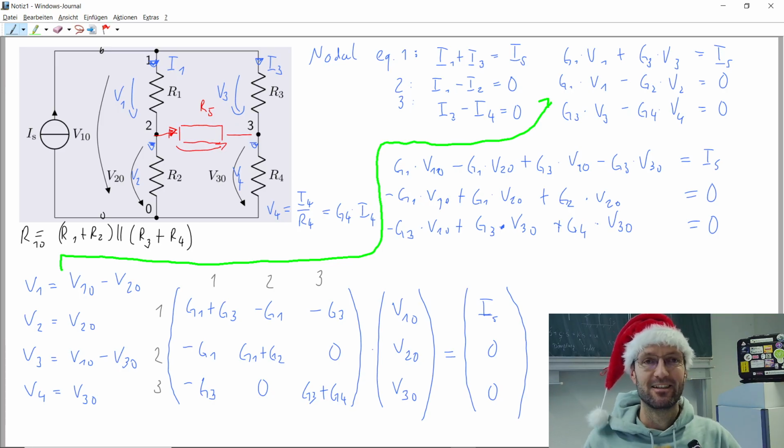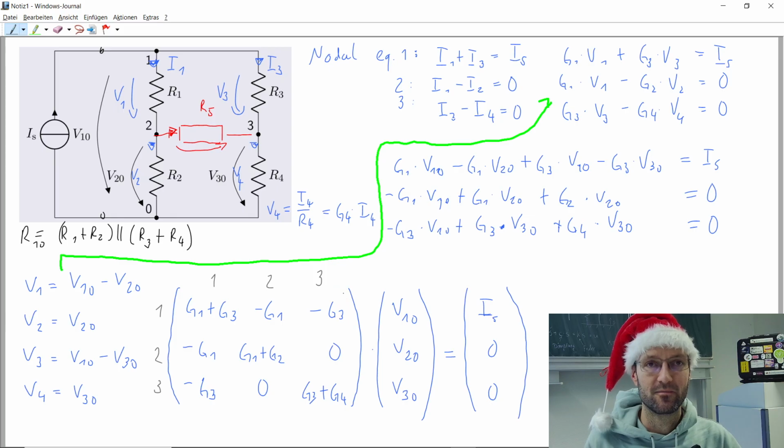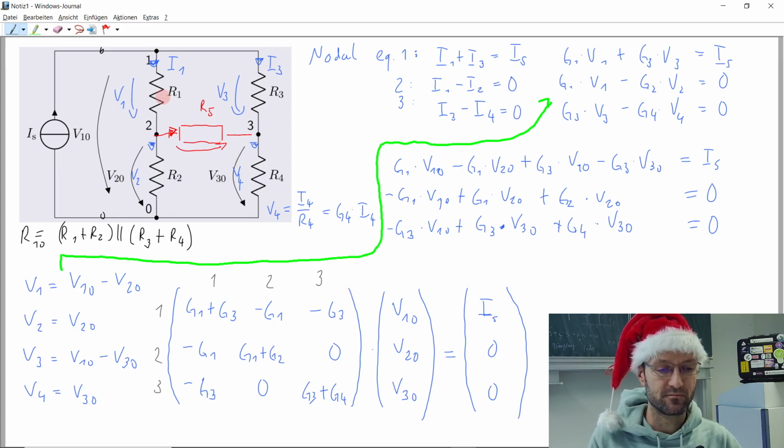For which one? For the off diagonal elements, for this one here or for this one? Why do we have a 0 here? Why do we have minus G1 here, minus G3 there? So if we look at the matrix at the spot 2, 1, it's at node 2 and the resistance of the resistor. Exactly. Between node 1 and 2 we have the resistor R1, and that's why in the first row, second column, or second column, first row,